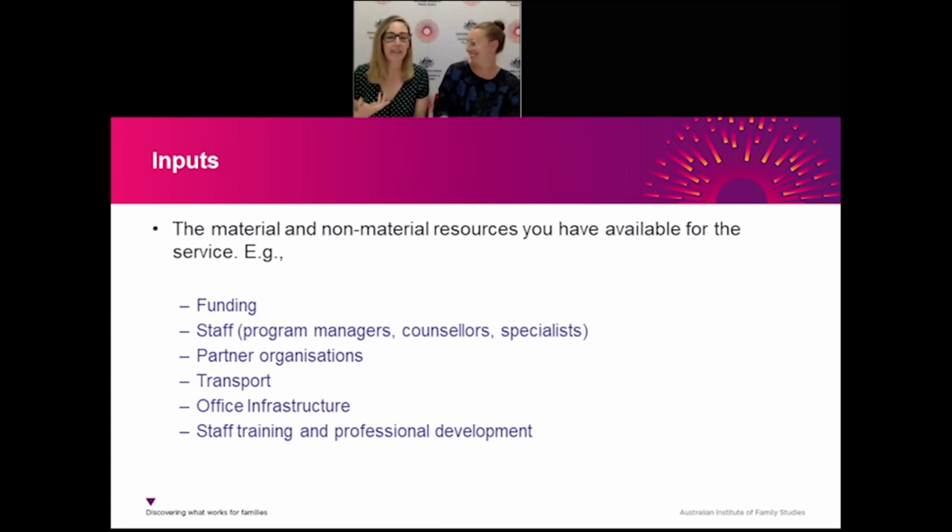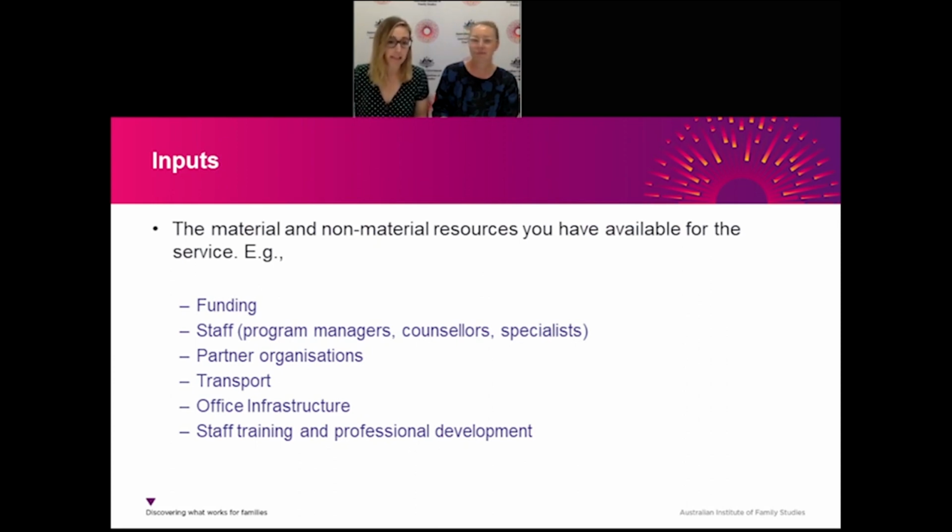I would be thinking about the people that are actually required for delivery, things like staff training, funding, research and evidence, the actual physical program space, and things like IT systems. There are many, many more. You can really put whatever you want in that column and make that list as long as you want it. The inputs that we have in our FaC example include some of the things I just mentioned.